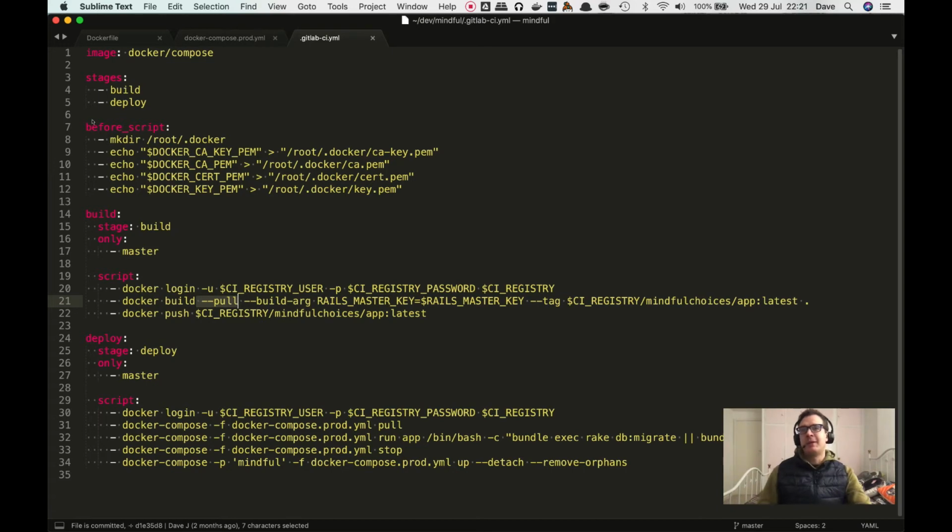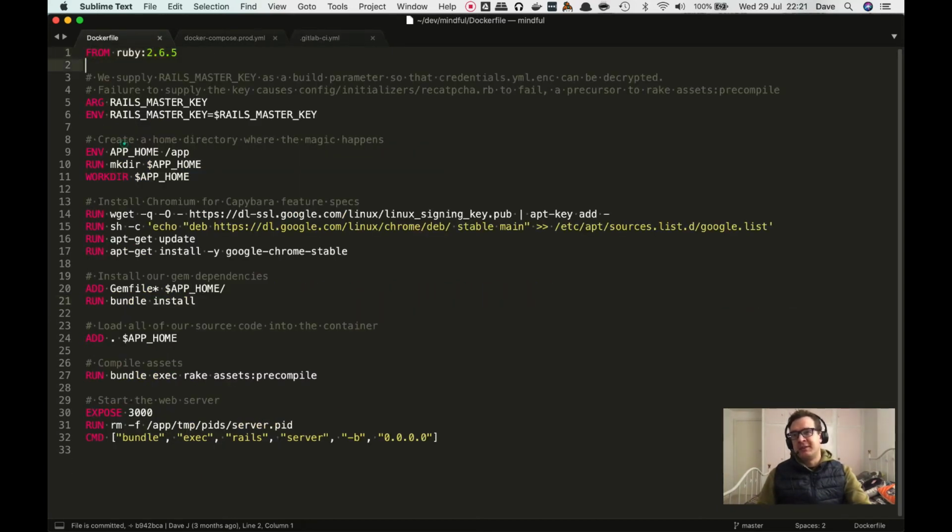Well, do you remember that in the previous video we looked at this Dockerfile? We discussed how usually the first thing you'll see in a Dockerfile is a FROM statement like this, where you specify where you want to start from. In other words, what's the base image that your application, my Ruby on Rails application, is going to be built upon. And for me, that's this image called ruby, running Ruby version